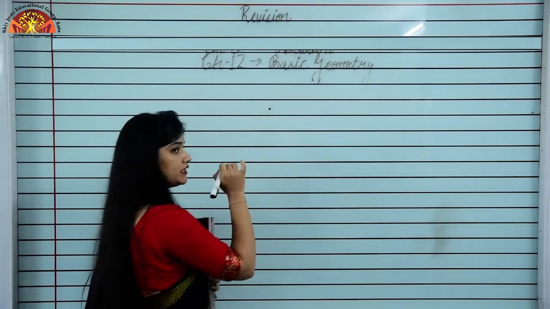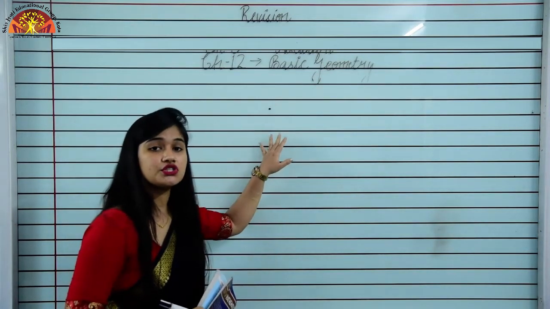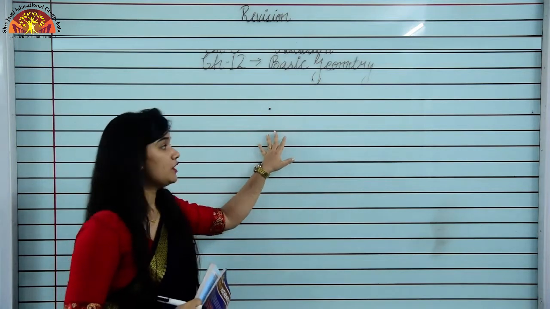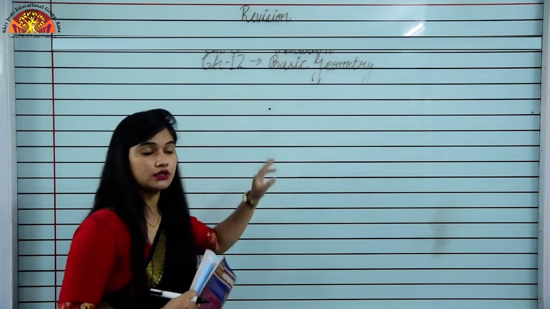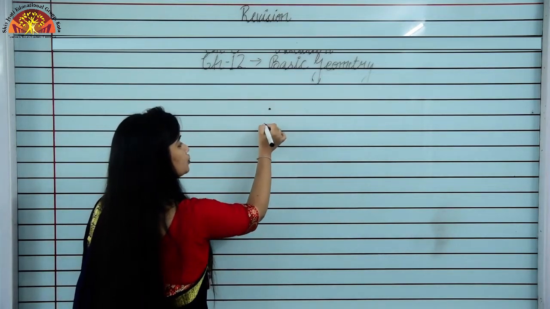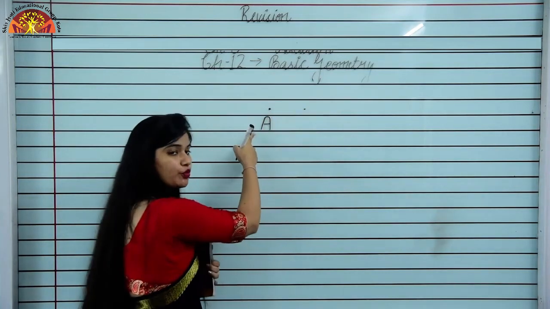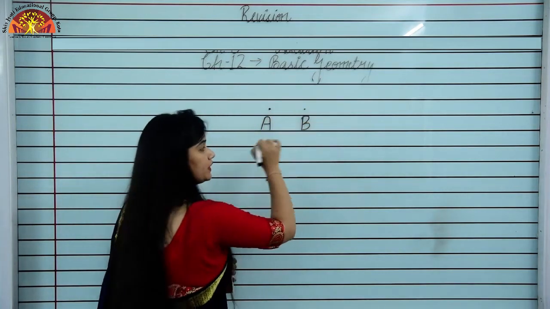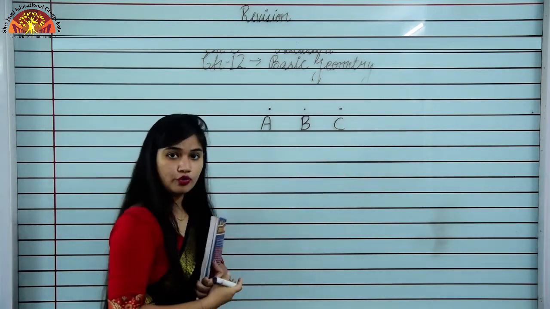First of all, we are taking a point. Students, as you know, the point is a simple dot which has no shape, no size. Point का कोई shape नहीं होता, कोई size नहीं होता. It is a simple dot. And how we can show a point? To show a point, we have to show it in capital letters. It means we can say this is point A, point B, or point C. So these are the examples of point.